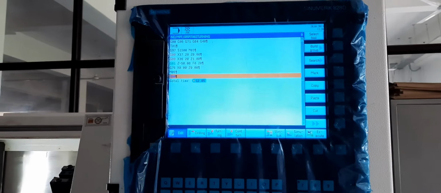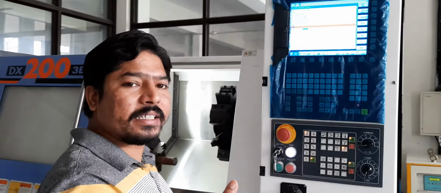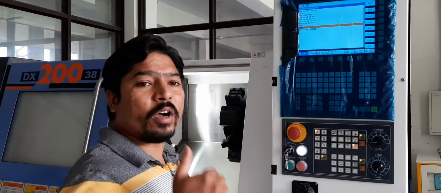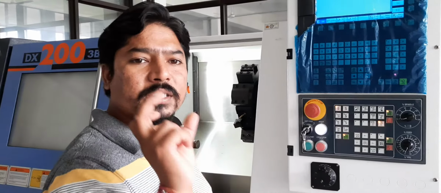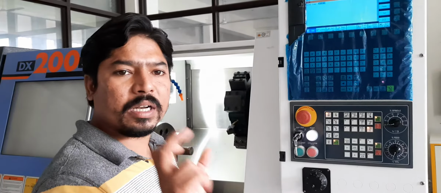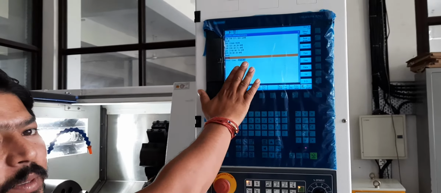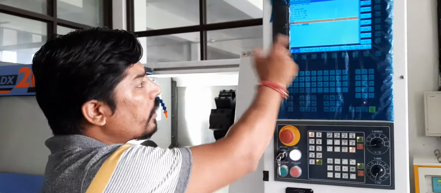While feeding these G codes and M codes, we have to ensure the sizes of the job or component which we want to manufacture on this CNC lathe machine. According to the dimensions of the job, we have to put our codes into this system.